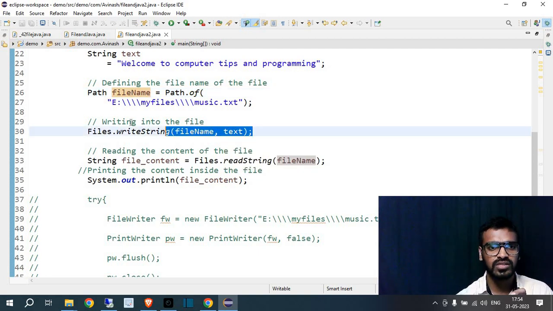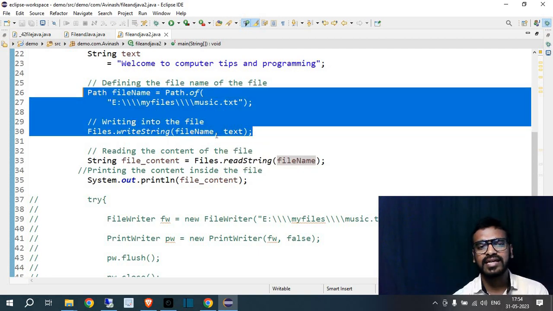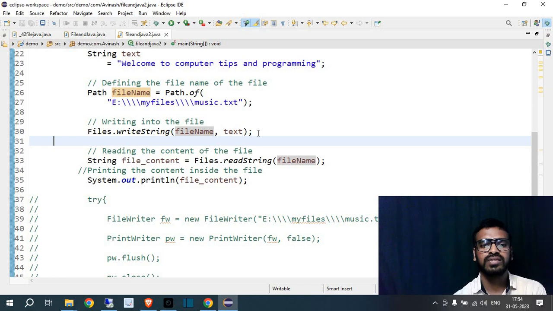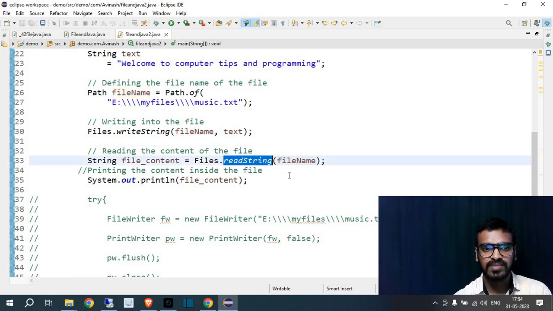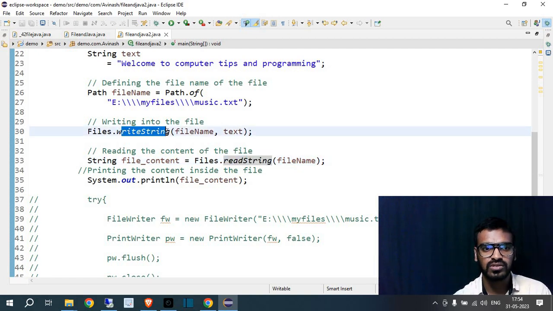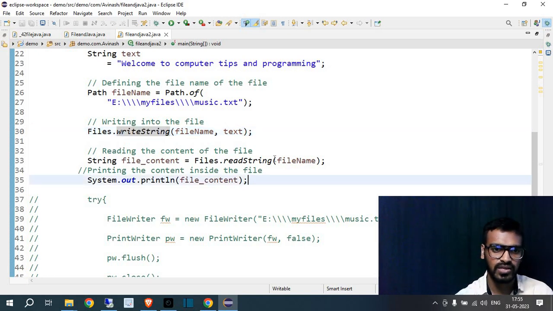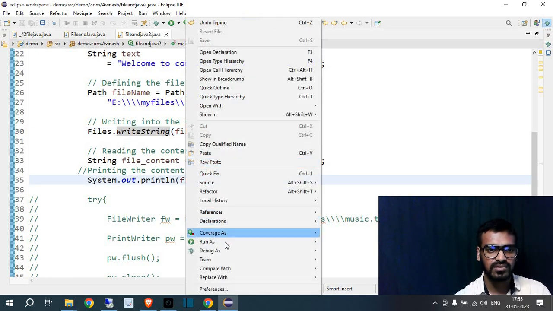Okay, so this will write the file. Till now we have written the file, and if I want to read the content of the file, what will you do? String fileContent equals file.readString. This method you are going to use to read your file. And this method you are going to use to write data in a file. Now if I run this one, it will print